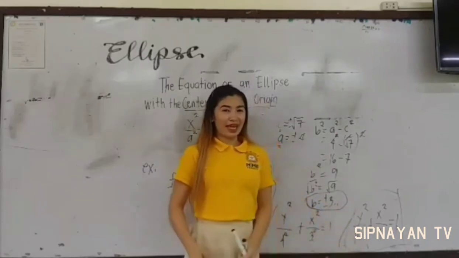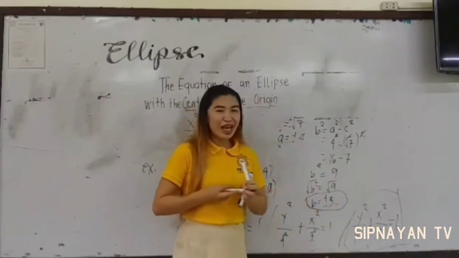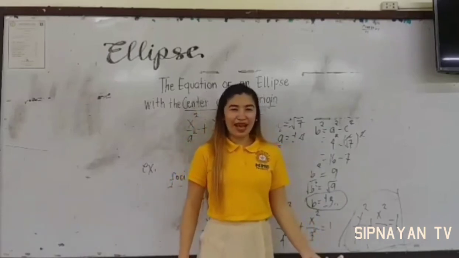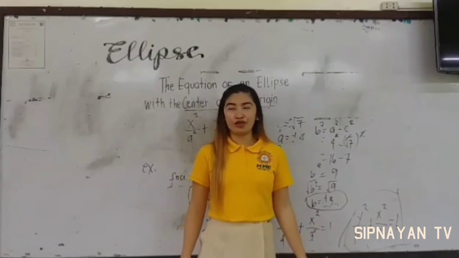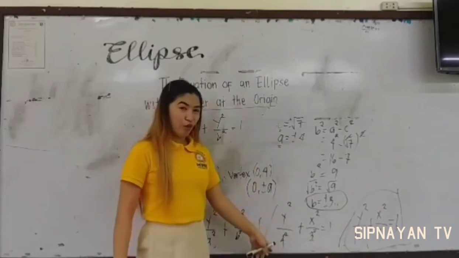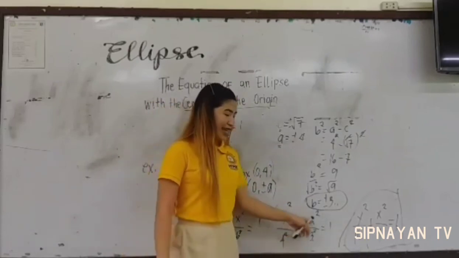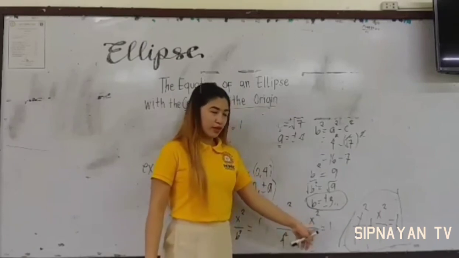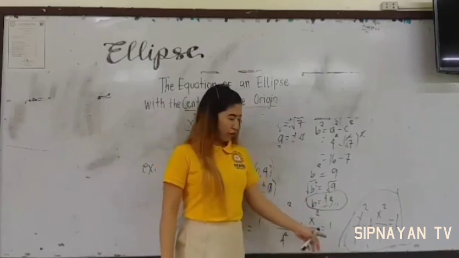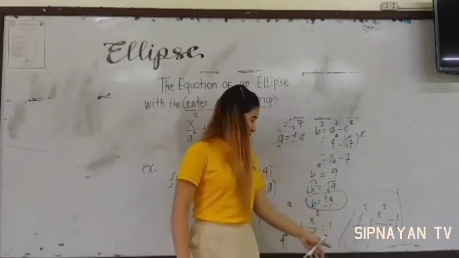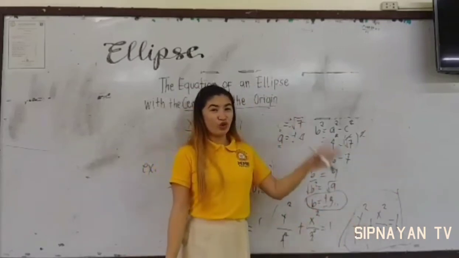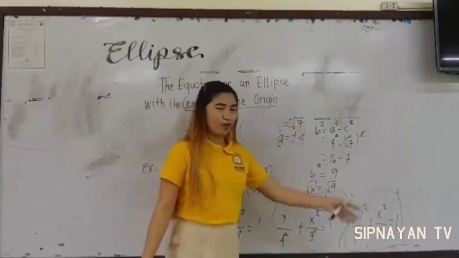For positive, negative 3. So, meron tayong B, meron tayong A, pwede na natin siya i-substitute sa equation na parallel to y-axis. So, y squared over A is 4, so 4 squared, plus x squared divided by 3 squared. Bakit 3? Kasi nga po yung B is 3, so 3 squared is equal to 1. So, 4 squared is 16, and 3 squared is 9. So, this is all the solution. To find our equation of